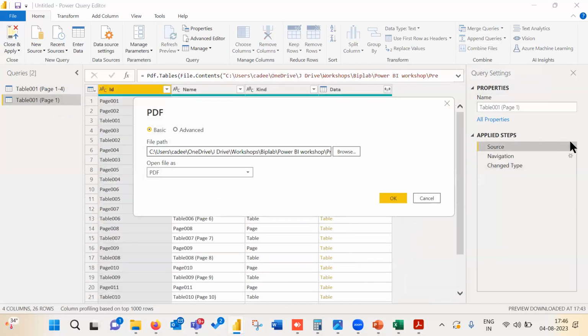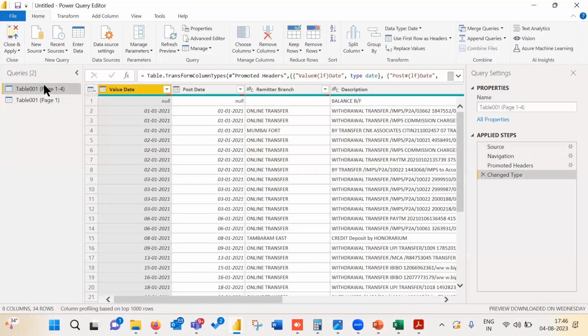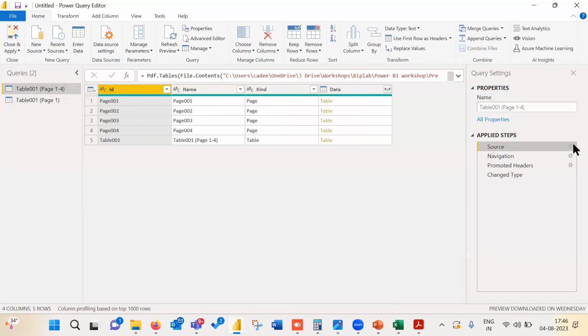Now I'll go to the source navigation. Once I click source, I get this page. As we saw in that day's class, Excel is creating a connection with the source.